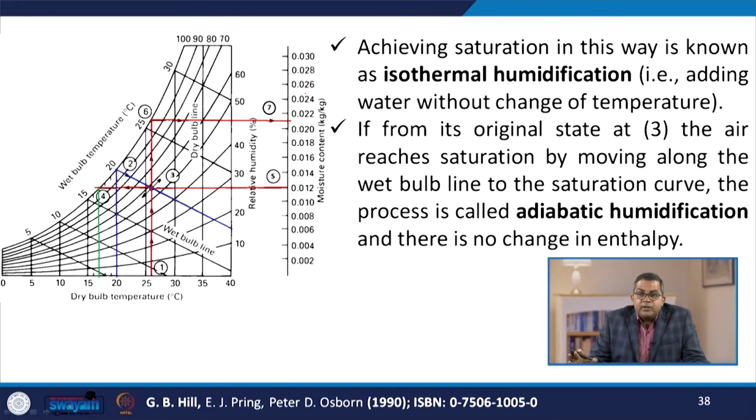Achieving saturation in this way is known as isothermal humidification, that is, adding water without the change of temperature. Now, if from its original state the air reaches saturation by moving alongside the wet bulb temperature line to the saturation curve, the process is called adiabatic humidification,